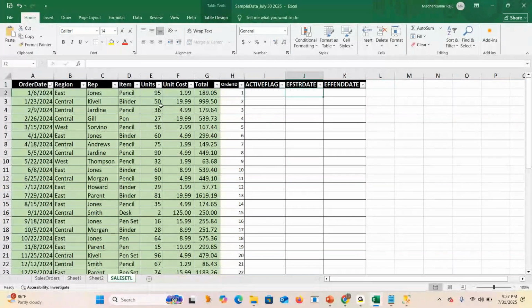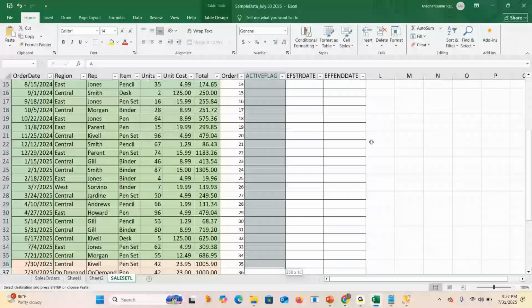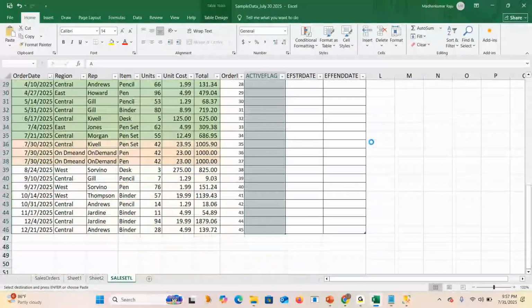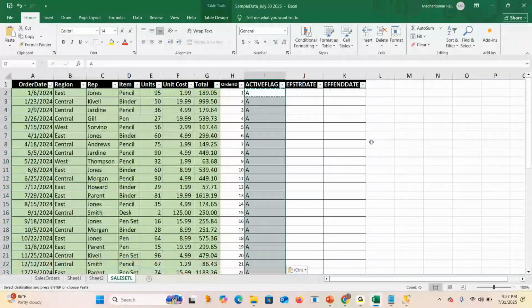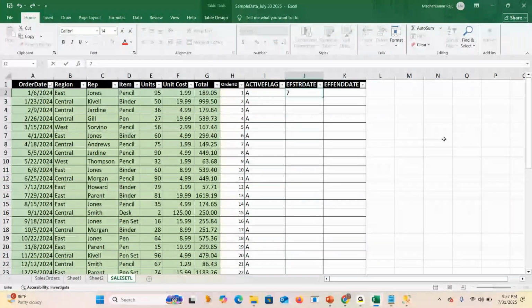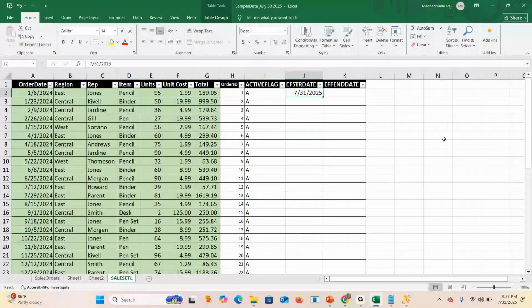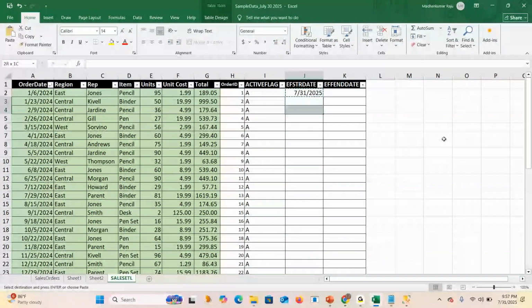So this is newly added records, correct? Guys? Okay, so what happened now? The active flag will be A, to mention this is newly added records. And the effective start date will be, since the data is loaded today, 7/31/2025. And all are active records, right?